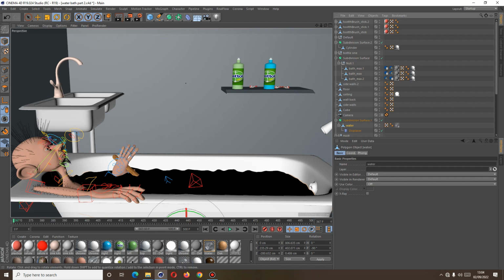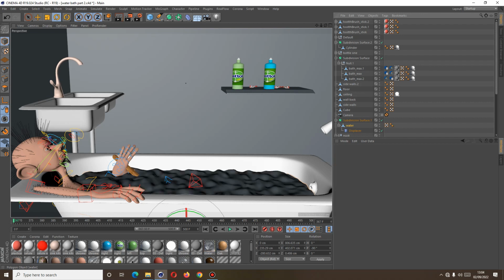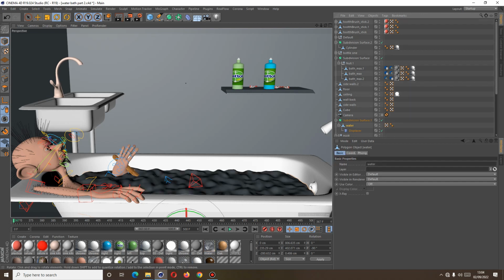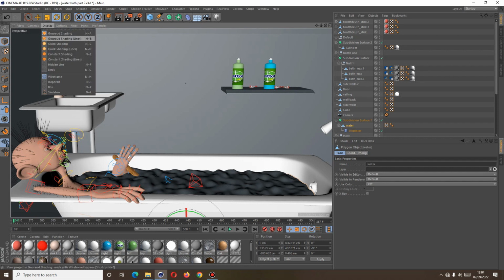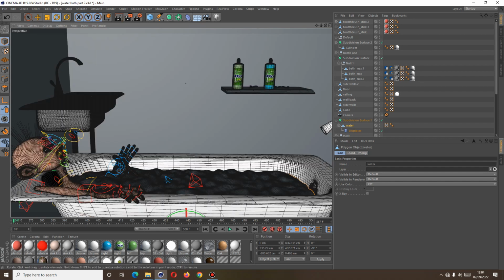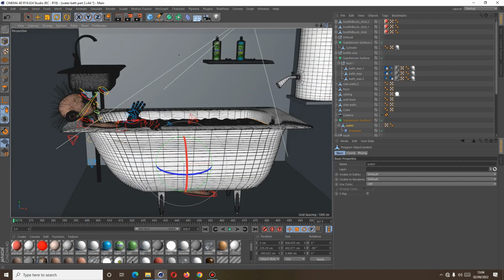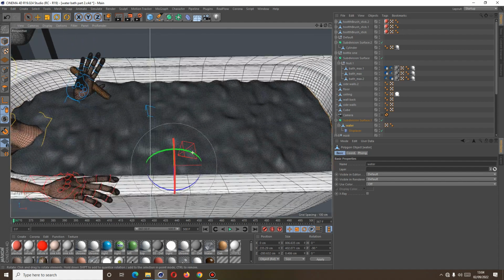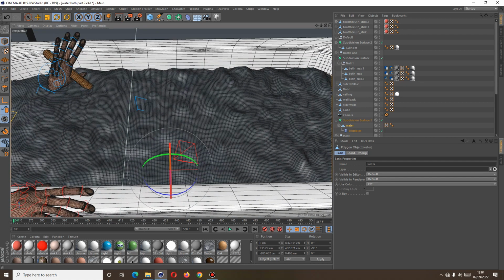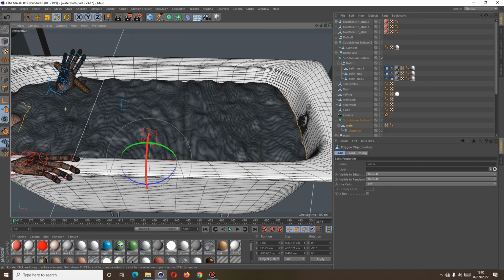So I took a plane, which is this one here. You can see how it looks. So let me show you how it looks like. So this is the plane. Okay, so these are the planes, and the created subdivision surfaces there. After that one,